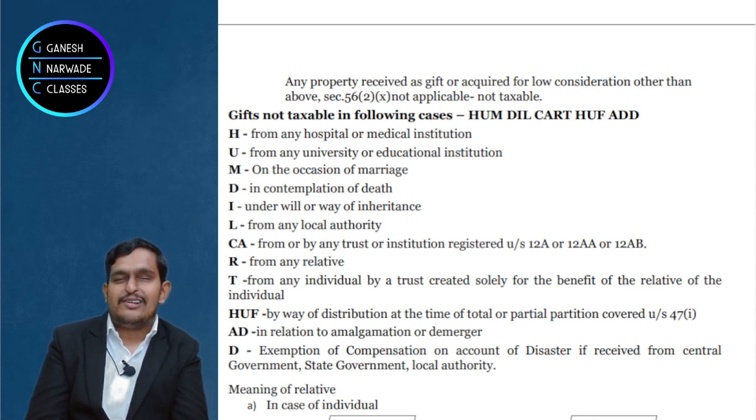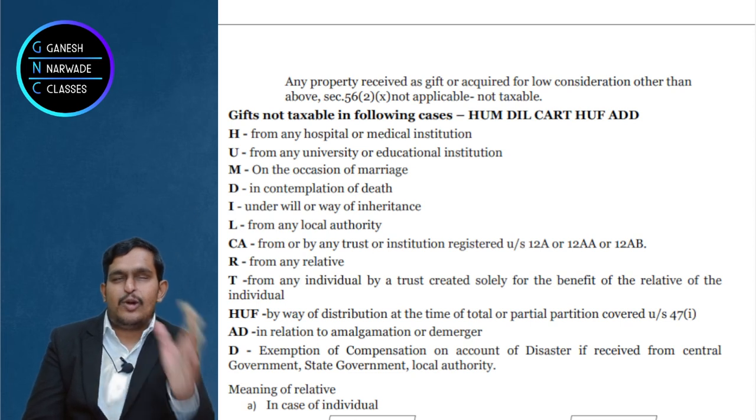Or you receive gift from your relative. Now who is a relative? Just beneath this only I said, so I will cover it now itself. Suppose you are there,